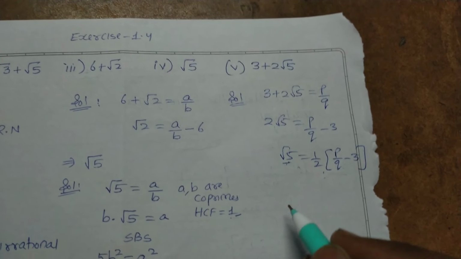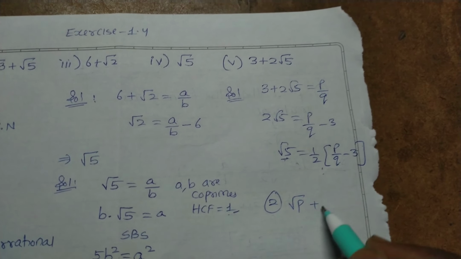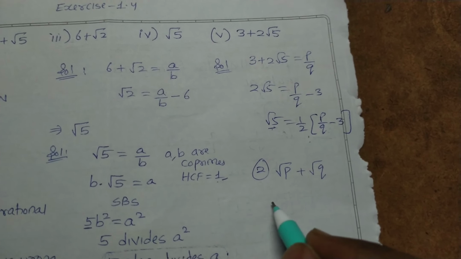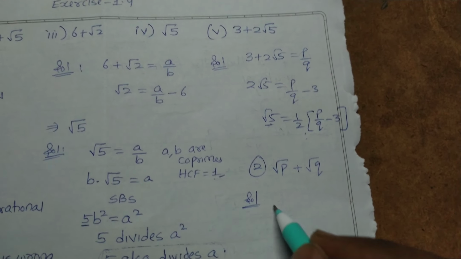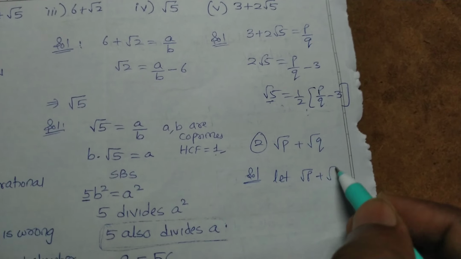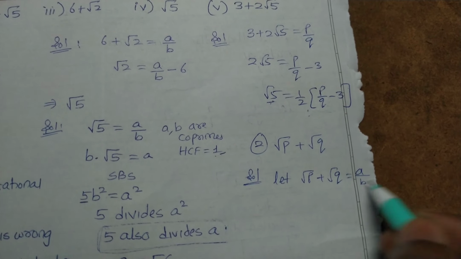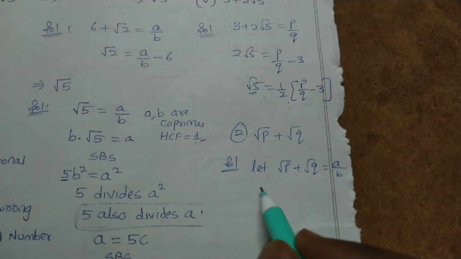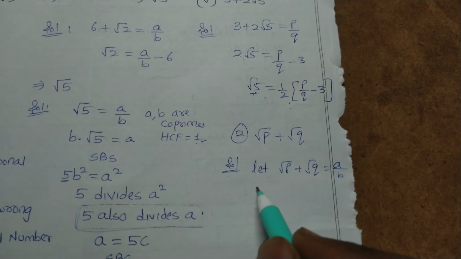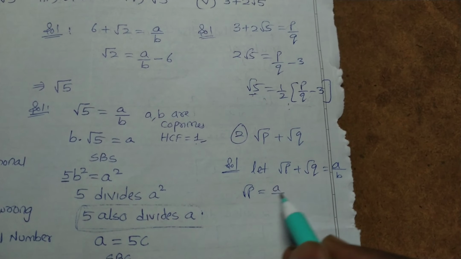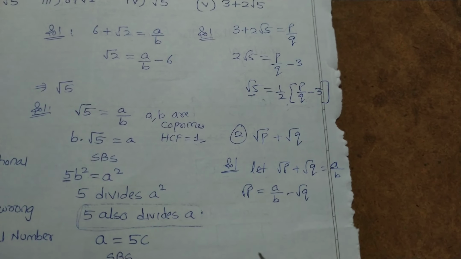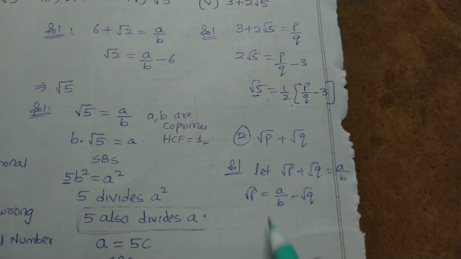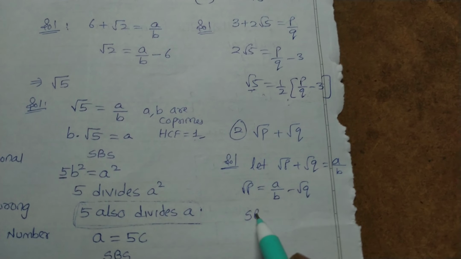Similarly, in the second bit they have given one question: prove that root p plus root q is irrational. Here also you will do the same thing. First you will assume let root p plus root q be rational, that means it is equal to a by b. Again you will do the same thing: root p is equal to a by b minus root q. You will apply squaring on both sides for this. If you apply squaring on both sides, SBS,